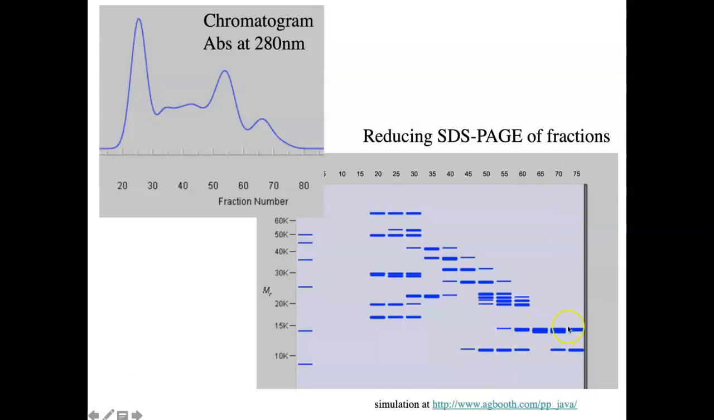So fraction 70 here has low molecular weight proteins, fraction 40 has higher molecular weight. Down here, we have a big mix, and that's probably corresponding to fraction 20 through 30, right? That's probably all the stuff that got excluded from the beads. So we don't get much separation. It just all comes out